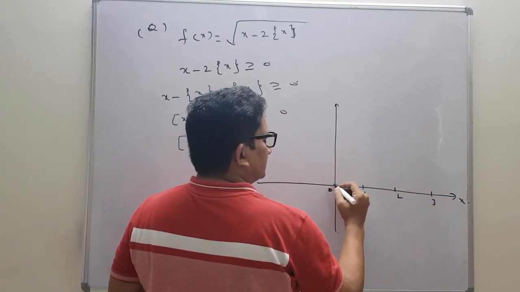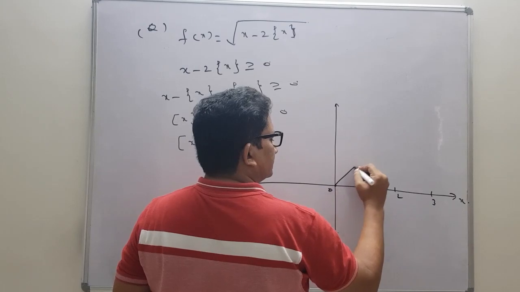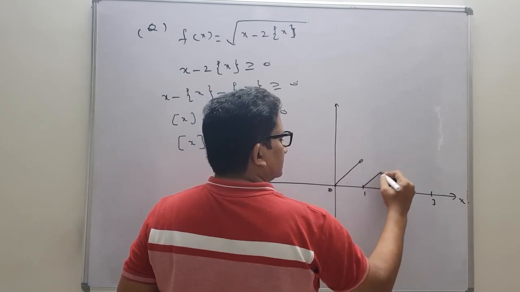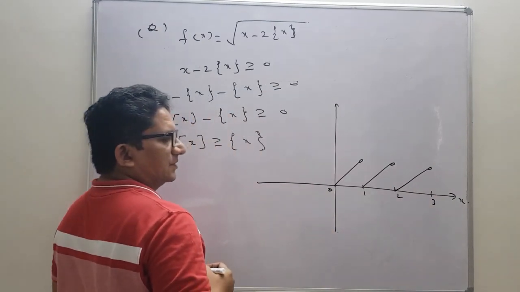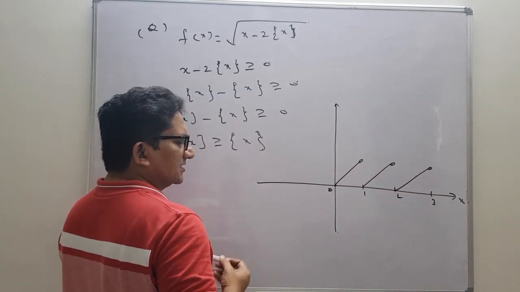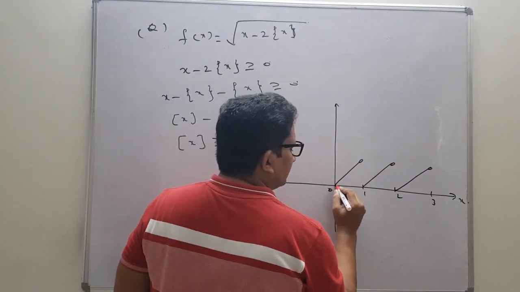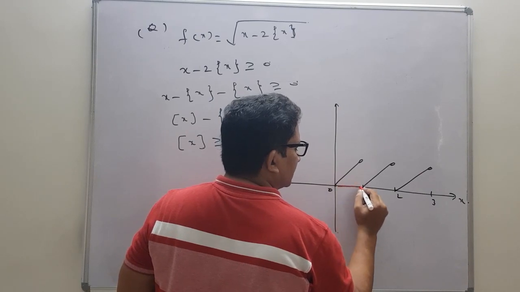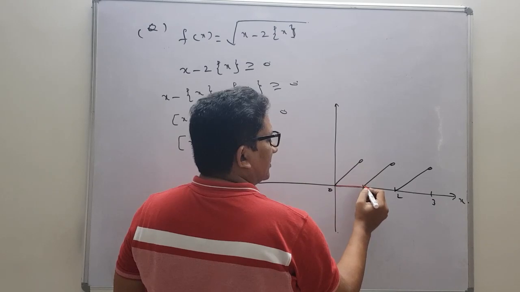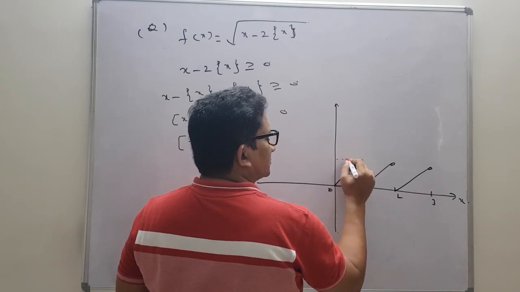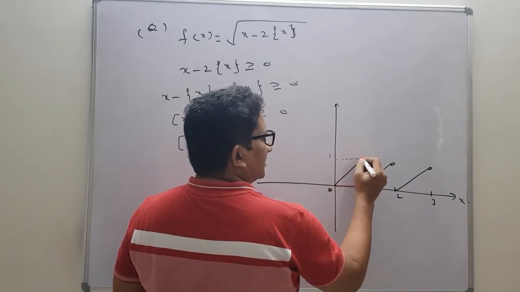So we know that its graph will come like this. This is the graph. And the greatest integer function graph, you know that in between 0 and 1 it will be like this only. Here, this red one. So here we will get a bubble and it will come up at exactly 1. So here actually 1 it is. When it is exactly 1, it is equal to 1.